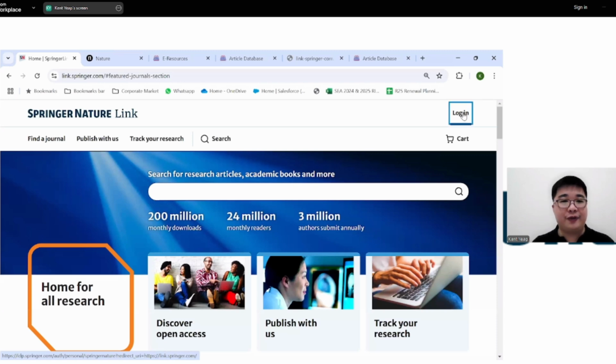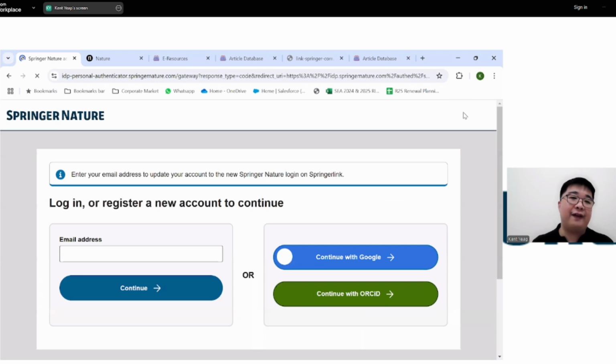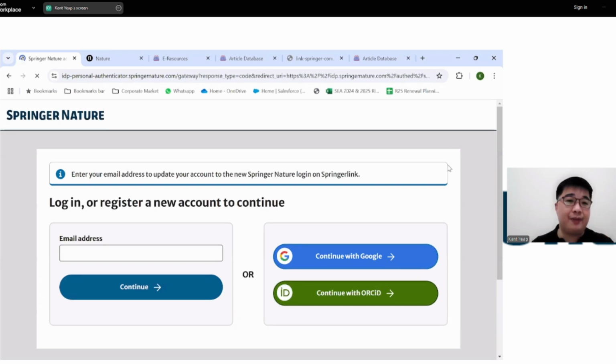Now, let me demonstrate. And I repeat, you do not have to do this process if you're purely coming in to look for content. But if you were going to publish and want some of the additional functionalities, such as tracking your search history, or obtaining what we call updates on your search history, then it's important to create one. And all you need is actually an email address. So you can even use your personal email address. You can use your university official address. It does not matter. It will not link with the previous authentication that you have just mentioned.